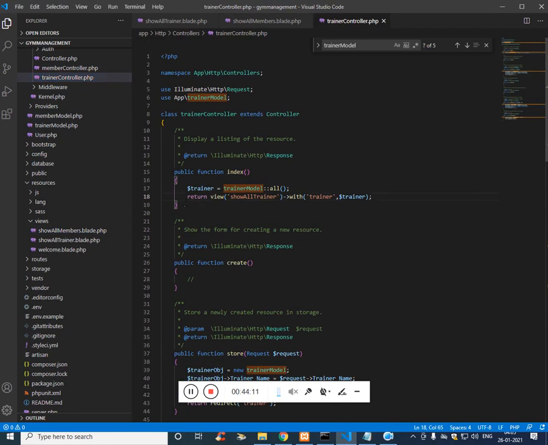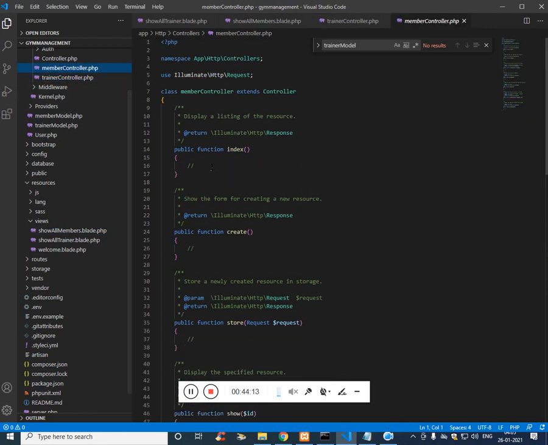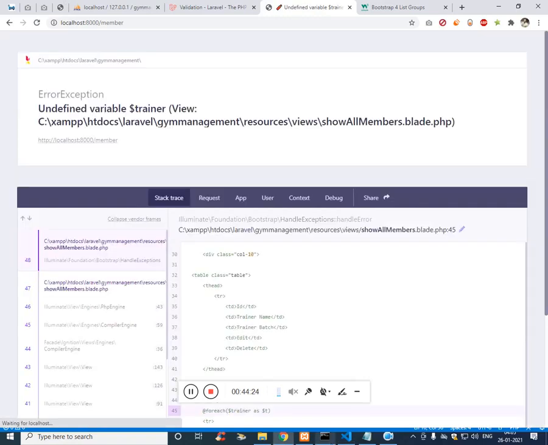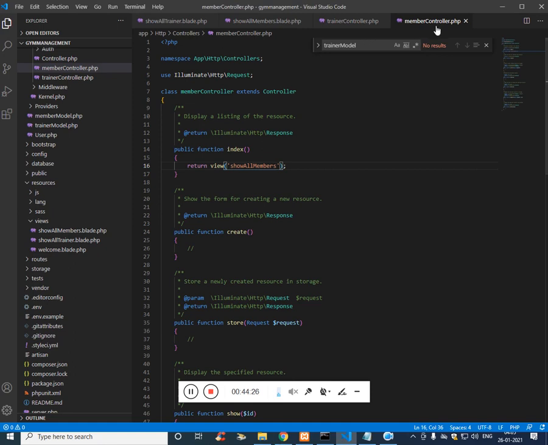Return view. So all members. Refresh. I think there is spelling mistake. Show all members.